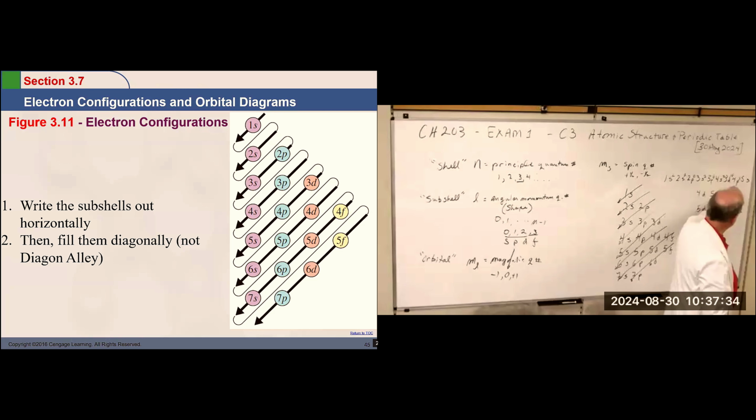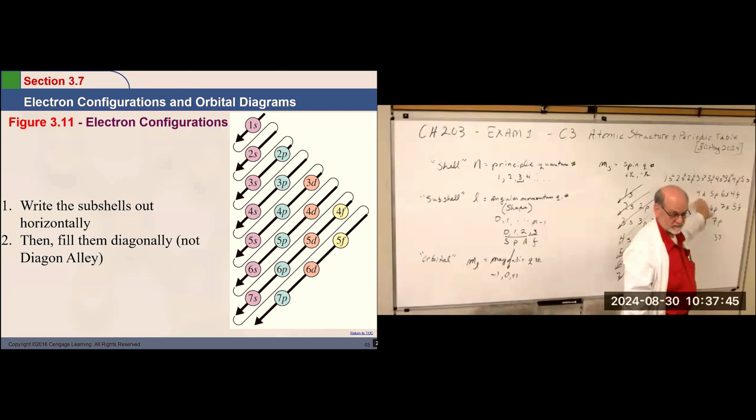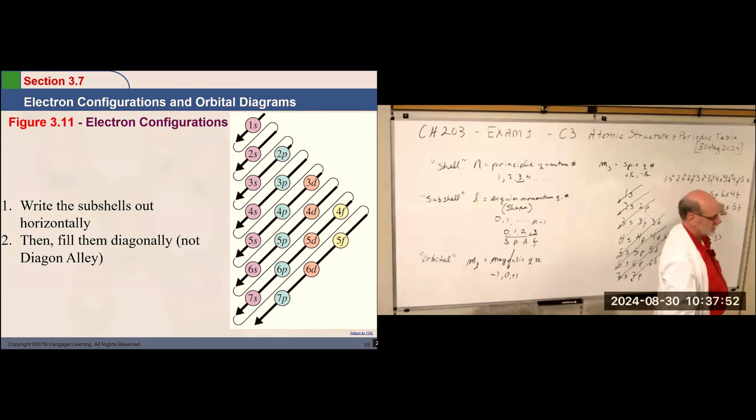And then when you get down to 5, right, we finished filling these up, 5S, rubidium and strontium. Then you go to yttrium, and it's 4D, right? You back up 1 for the Ds. Okay? And you go across with those, fill those up, and you go back to 5Ps with indium, tin, antimony. Then you swing around to 6S, and you get cesium and barium. Then you get lanthanum. We're going back to 4Fs. Okay?